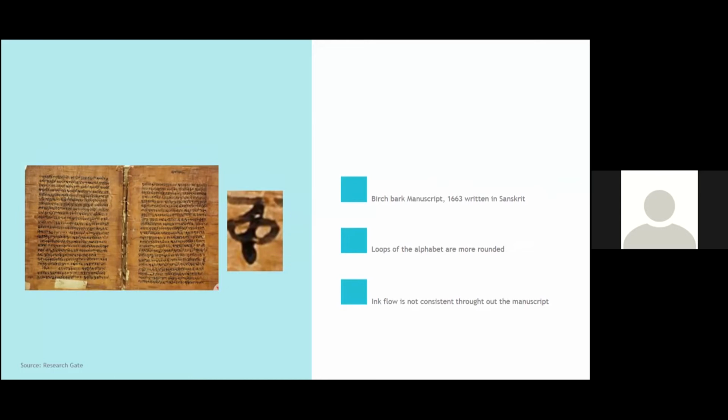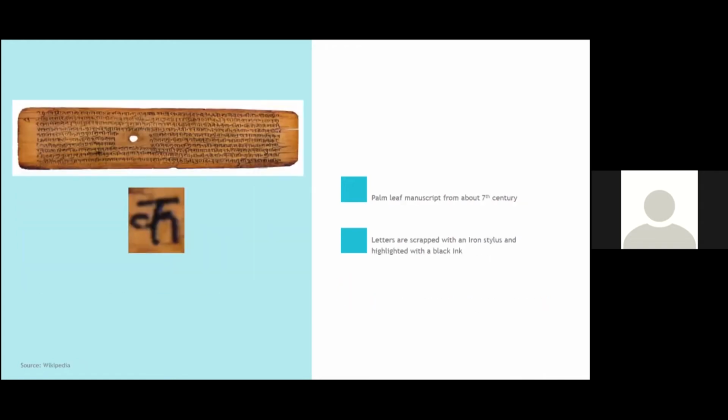It looks as if the writing tool used for the manuscript is a somewhat naturally made stylus, which was continuously dipped in the ink to write, which is why the ink flow is thick at the bottom of the letter form and at points where the stylus is lifted after forming the strokes. Next is a palm leaf manuscript, and I've already explained the process involved in writing on a palm leaf manuscript using a sharp stylus.